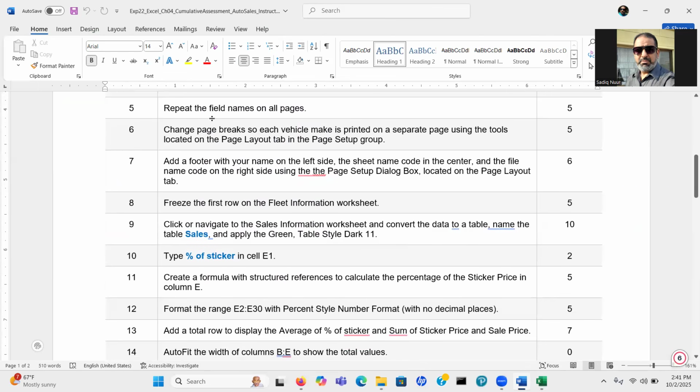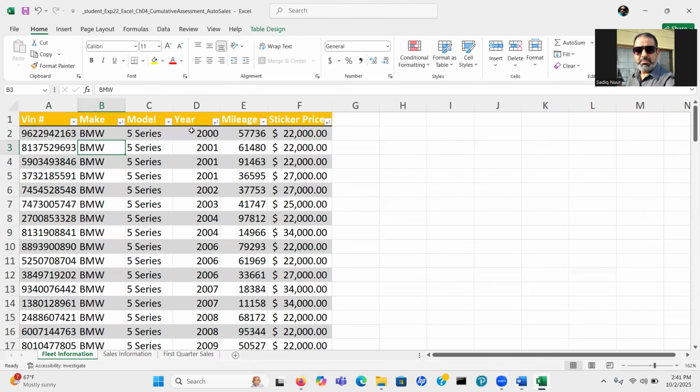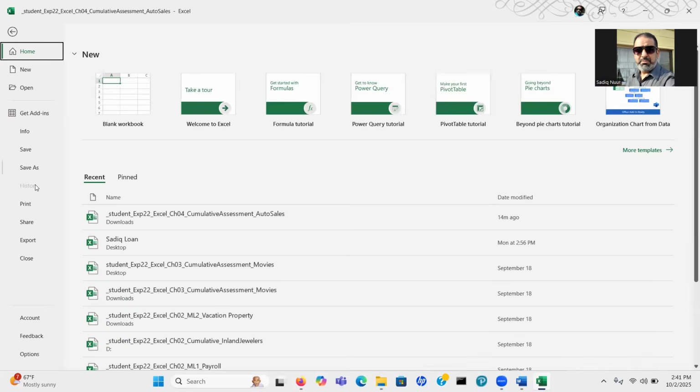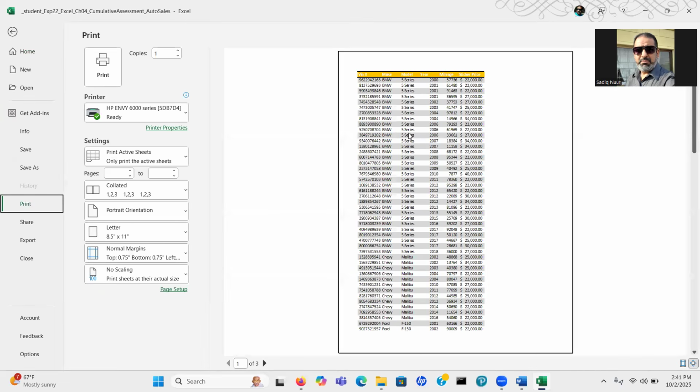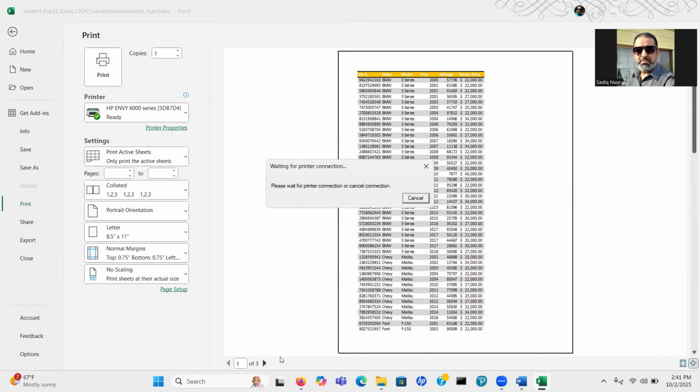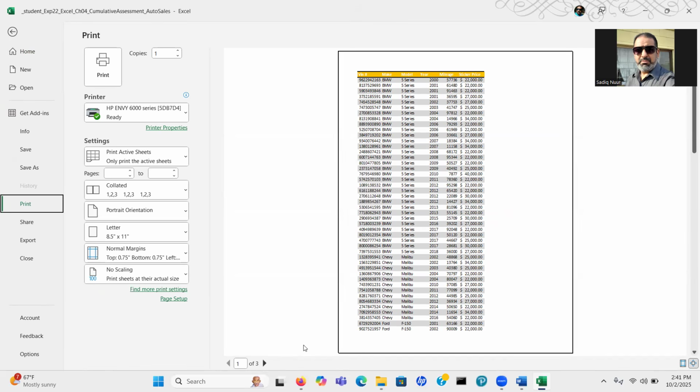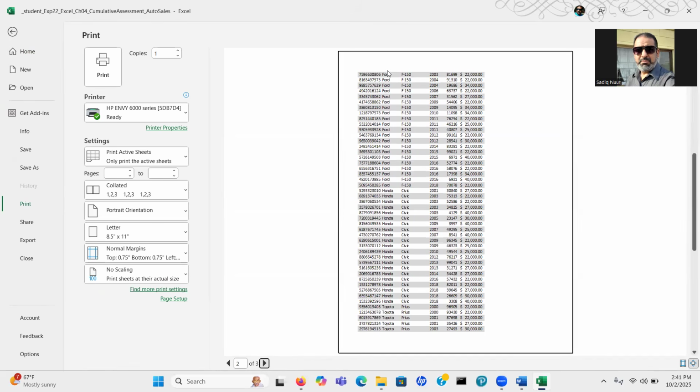Now, repeat the field names on all pages. So what you need is, when you go to File and Print, and you look here at the top, when you say next, I don't see the columns repeating on all the other pages.